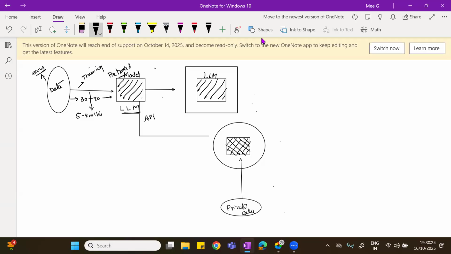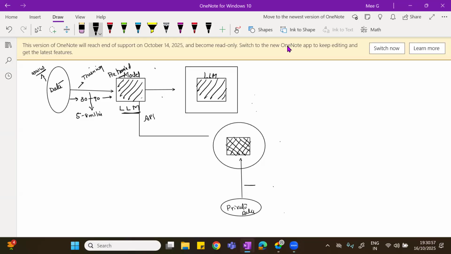If you do not provide enough security, then this LLM will be connected to the online servers, and your data will be exposed. Once it is done securely, it can access your private data as well as your public domain data, whatever is there.